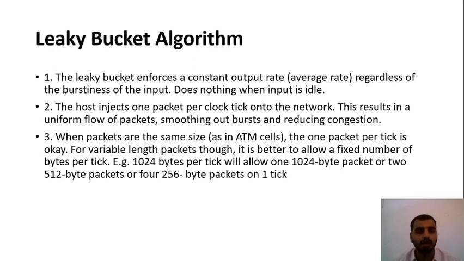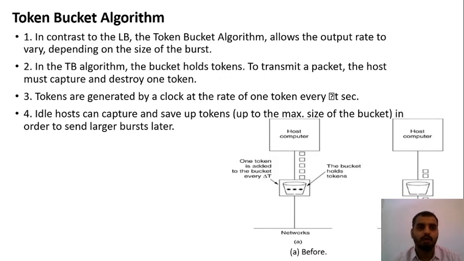Okay, this is what we call the leaky bucket algorithm. This is the concept of the leaky bucket algorithm. Now the next one is the token bucket algorithm. What do you mean by token bucket algorithm? In the token bucket algorithm, it will allow only a limited amount of input in chunks. In a sense, 3 people at a time, 4 people at a time, 5 people at a time, 10 people at a time. Then this type of congestion control is called the token bucket algorithm.